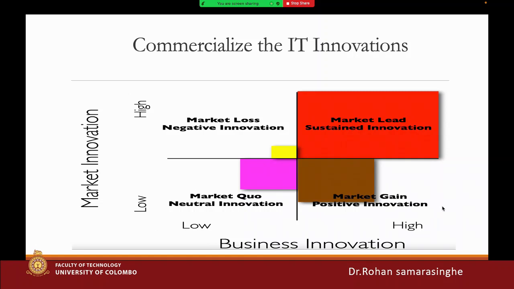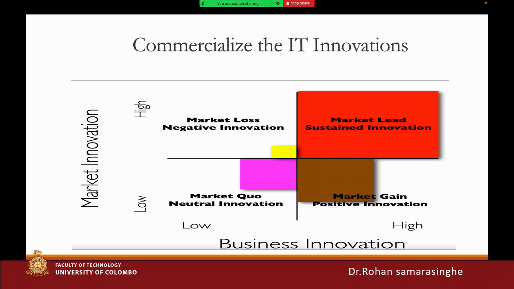But if the business innovation is low and the market innovation is high, there may be market losses, and these are normally called negative innovations. And if both are low, it is called neutral innovations. So we have to understand this